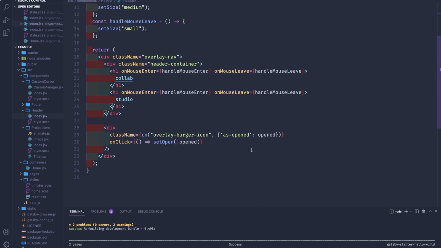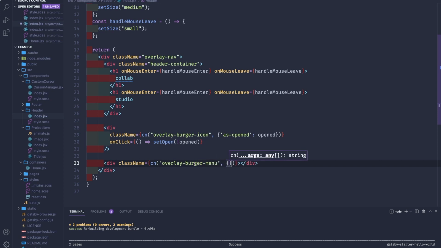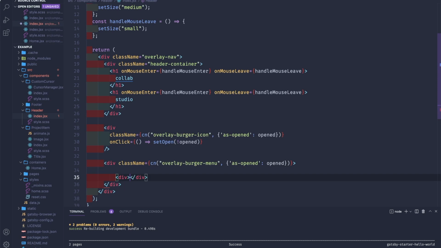And for the next div, it's gonna be actually the class name again a cn, the overlay burger menu, and as well is gonna have an as opened, and inside we'll have a div class name burger menu